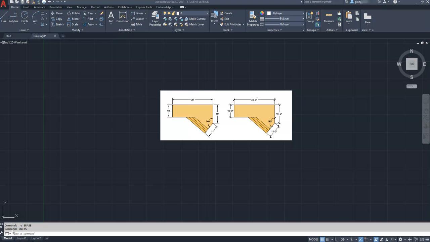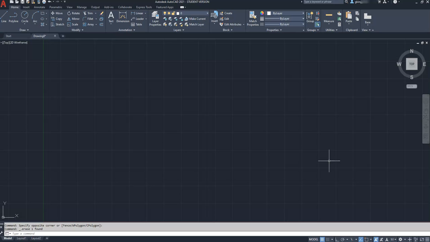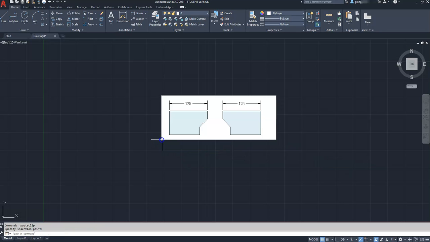The next thing I want to discuss is units. So to do that, let me first erase my deck drawing here, and I'm going to paste in another reference image. So we talk about units, we talk about the type of measurement that we're going to be referencing, right? So for example, we have two blue blocks right here, and both have a dimension of 125. Well, 125, what? Is this 125 feet for a large building, or is it 125 millimeters for a small mechanical part? So we have to make sure that we set the proper units in our